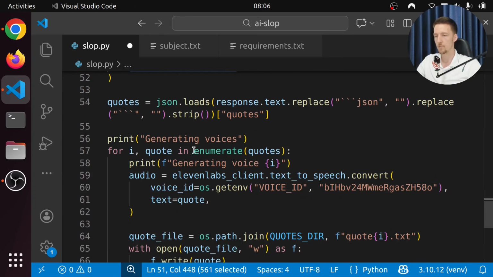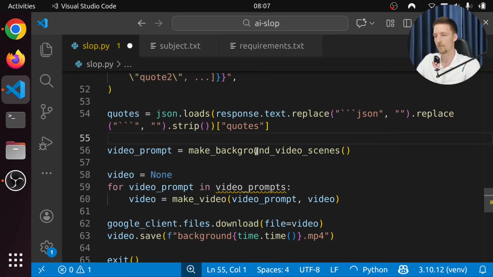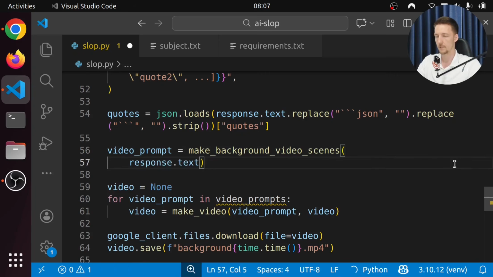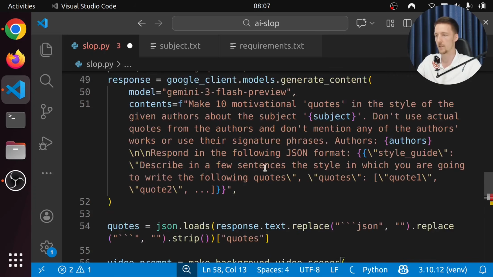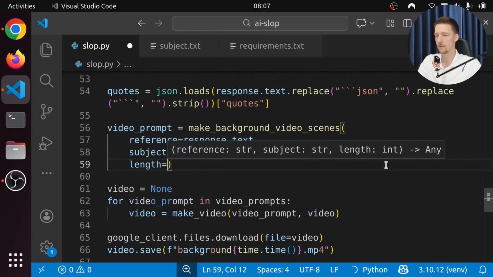And let's do, before we generate the voices, let's make background video scenes. And we can just put the response.text as the reference. Let's do like this, reference is that. And subject is going to be, do I have the subject here? Yes. So I can put the subject and the length.